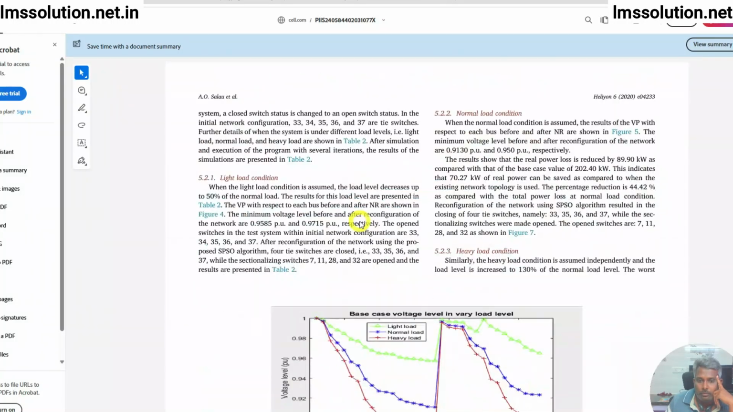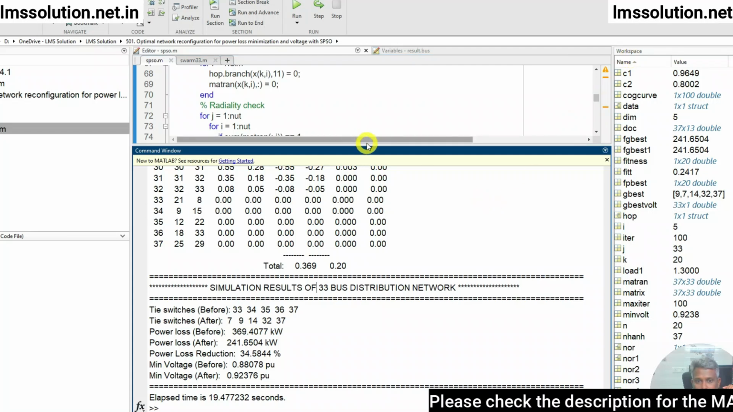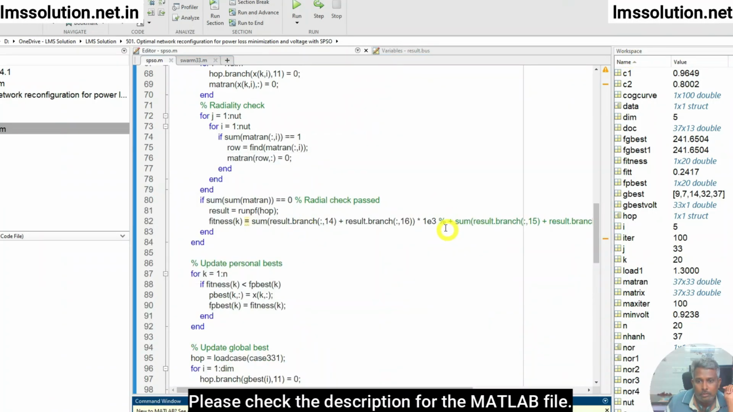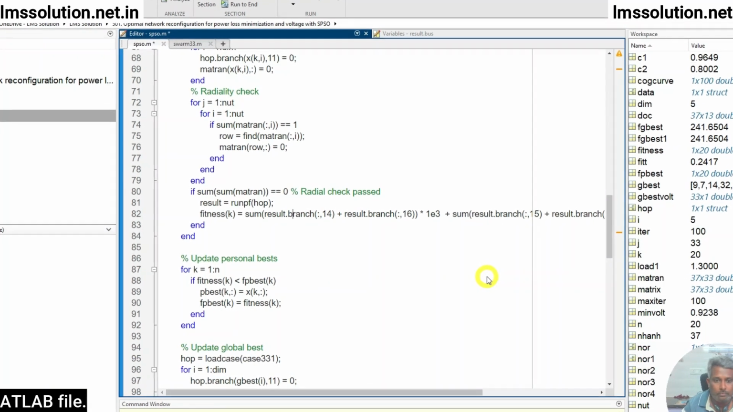Where is that? Yeah, this one. Yeah, so we cannot use this objective function because when we are using this objective function, it's violating this one. Otherwise we need to take absolute value. If suppose we are going to take the absolute value of this